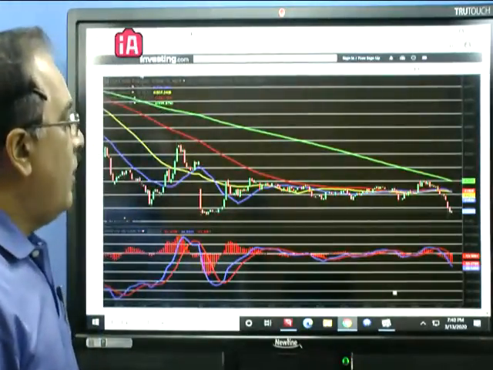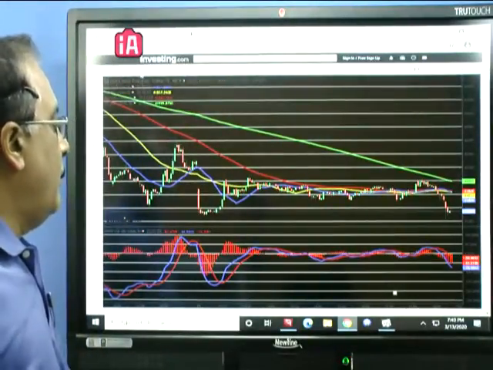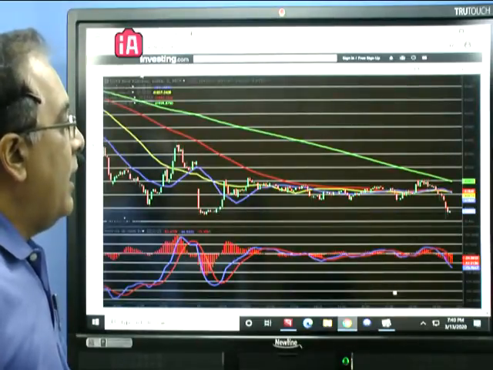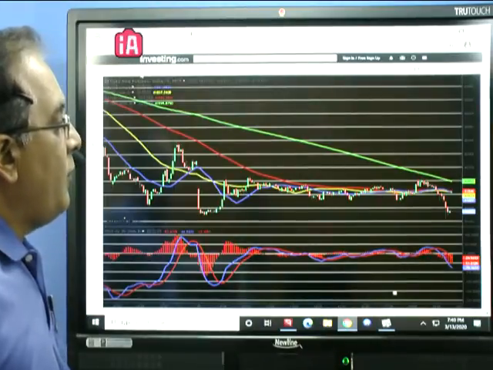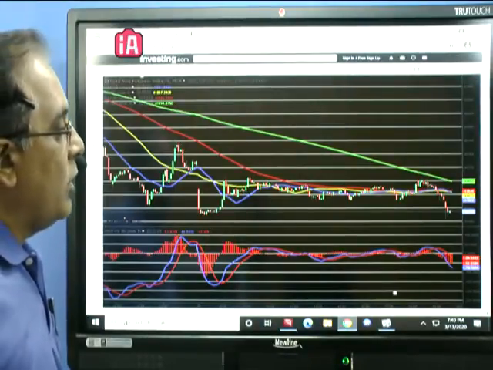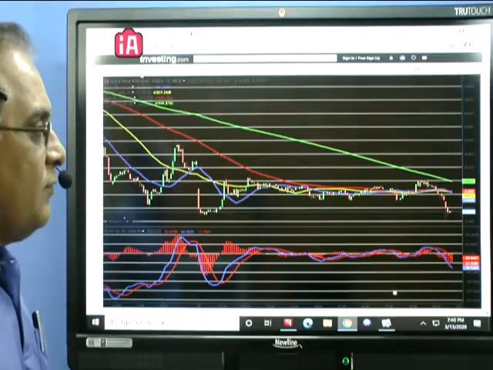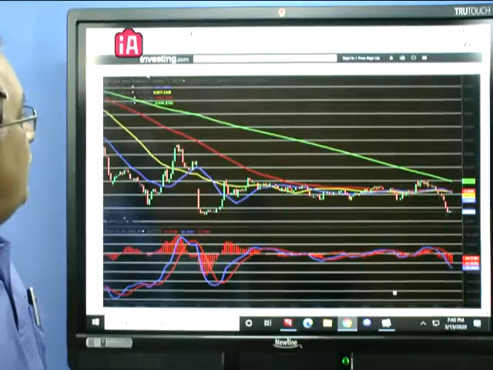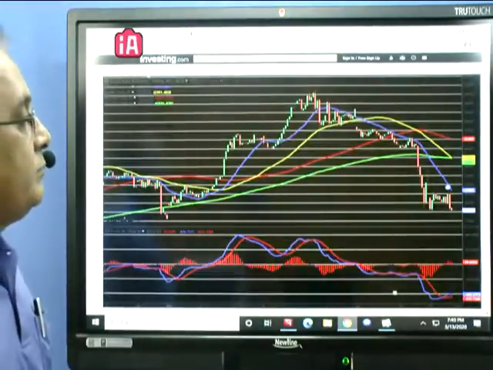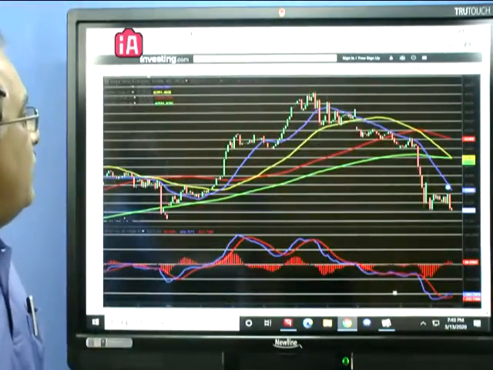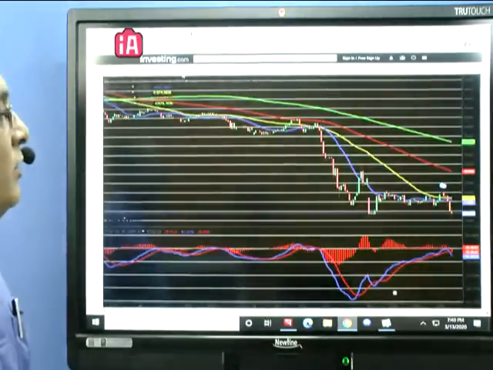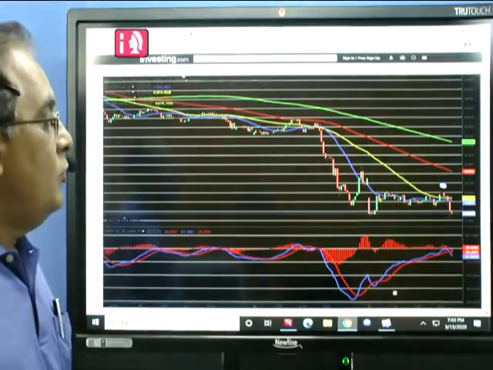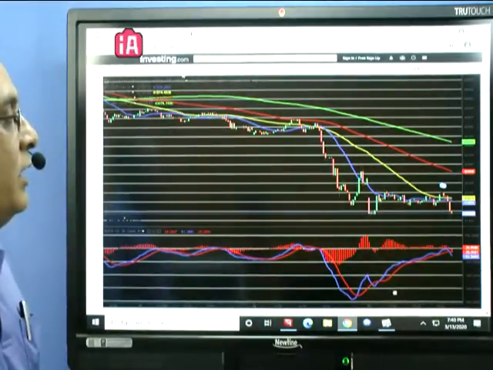So right now gold in all terms is not in a very healthy situation, and we need to wait for some more pickup in gold before you can go for bullishness. Right now it looks as if the fall can continue for some more time. So this is on the 5-minute chart, and in the hourly chart it's definitely bearish, and in the 15-minute chart also there is no big movement there. So all said and done,